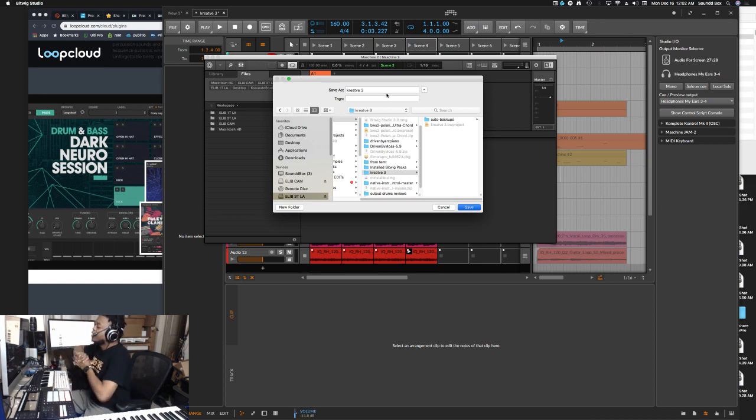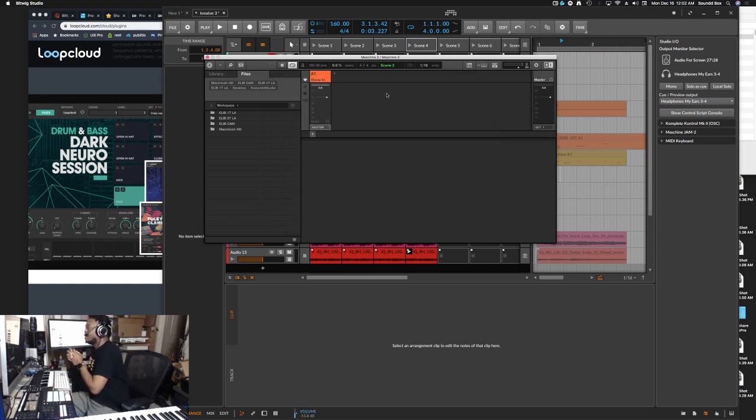All right. So anytime that I am working with Maschine as a plugin, I'll always save that file as well. I don't trust any DAW to pull up a Maschine file as a plugin. A couple times I made that mistake and it didn't load the Maschine.